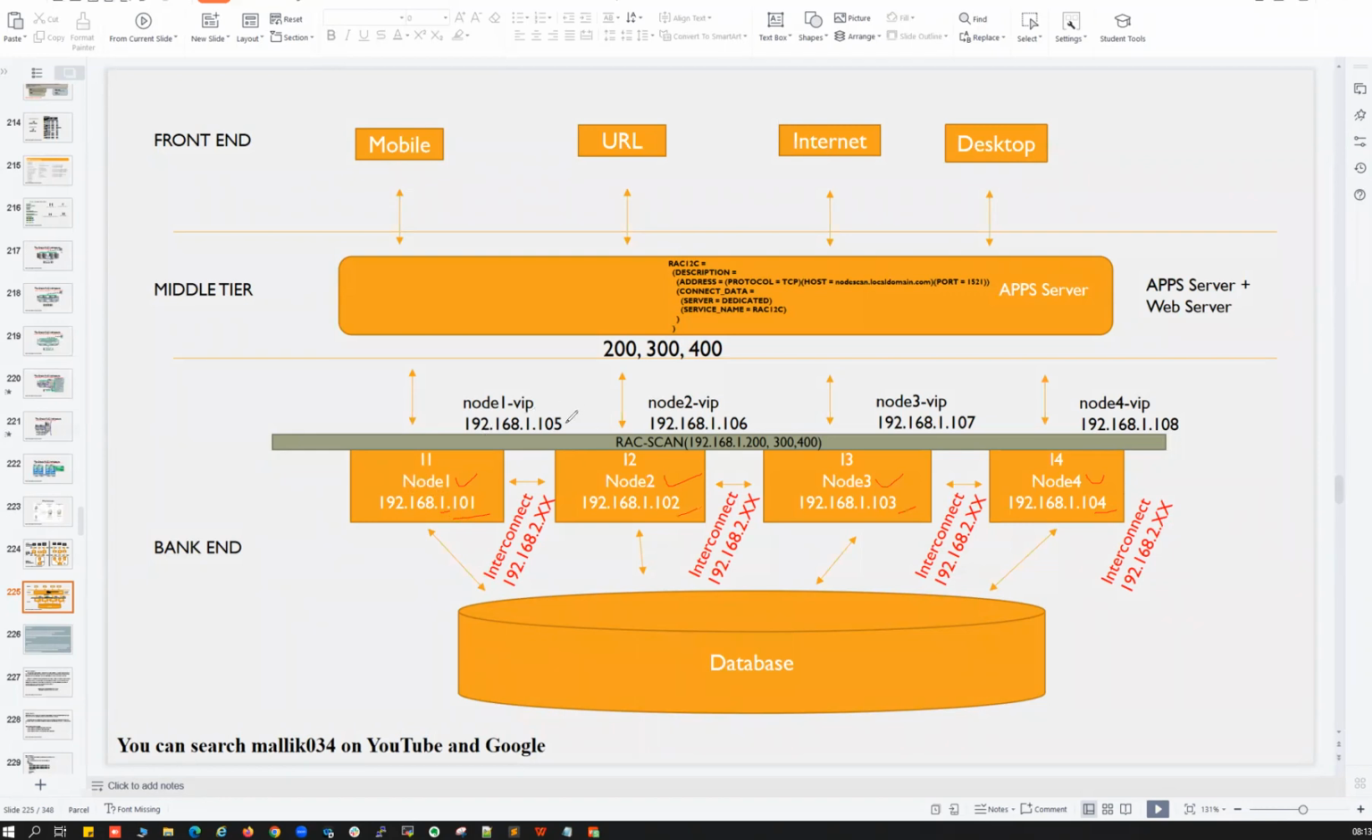And each node has its own VIP: 105, 106, 107, 108. All 4 nodes have 4 node VIPs. These are the virtual IPs. And again, these are pegged. They will not have any physical interface. They will just peg with the interface that the node IP is tagged with, as :1, :2, :3 like that. These are not physical IPs. These are virtual IPs, which do not have any specific interface, and will just be hanging inside